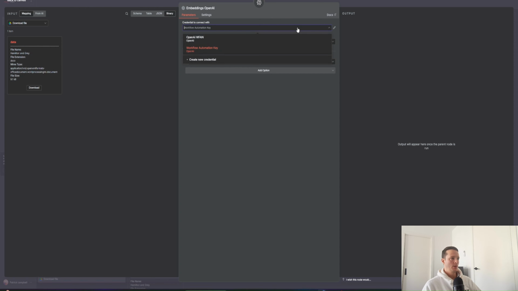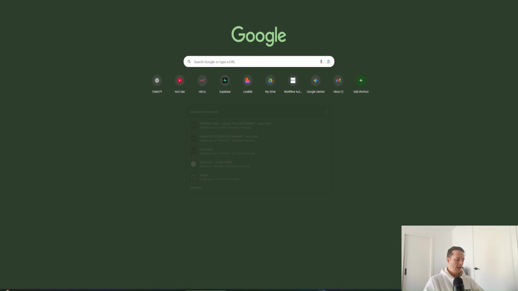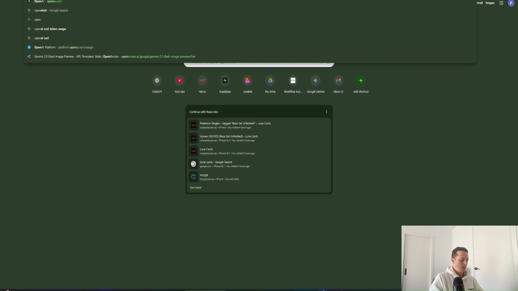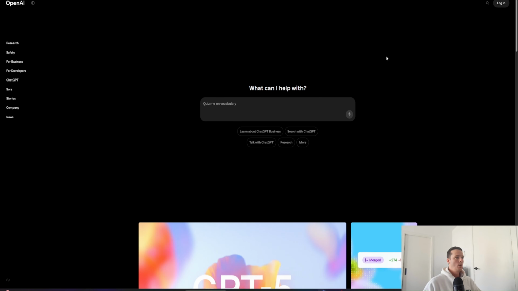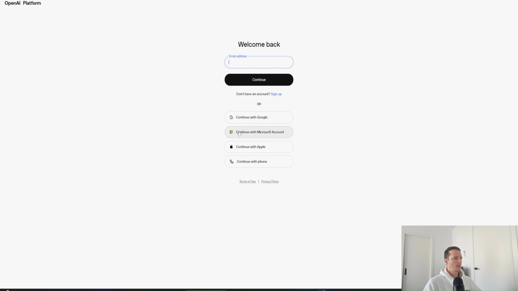In terms of setting up your credentials, you need to do that in OpenAI. I know in a previous video I spoke about preferring OpenRouter. Unfortunately, OpenRouter doesn't have access to this at the moment, or N8N doesn't have the ability to access this through OpenRouter. So we've got to use our OpenAI keys. In terms of accessing those and getting those set up, we'll come to our OpenAI account, go to the API platform, log in,